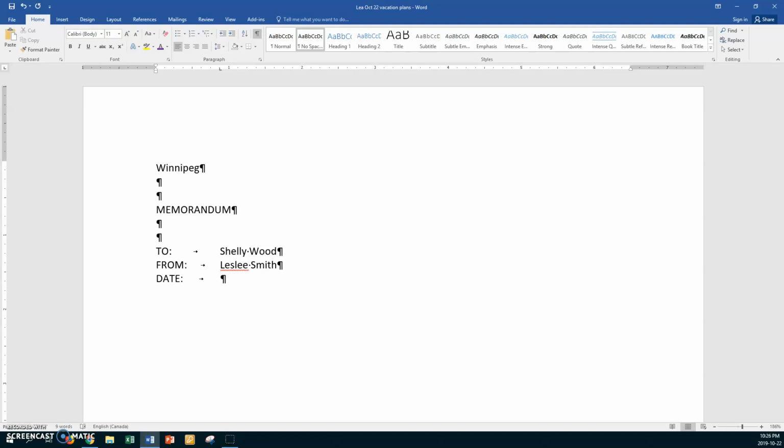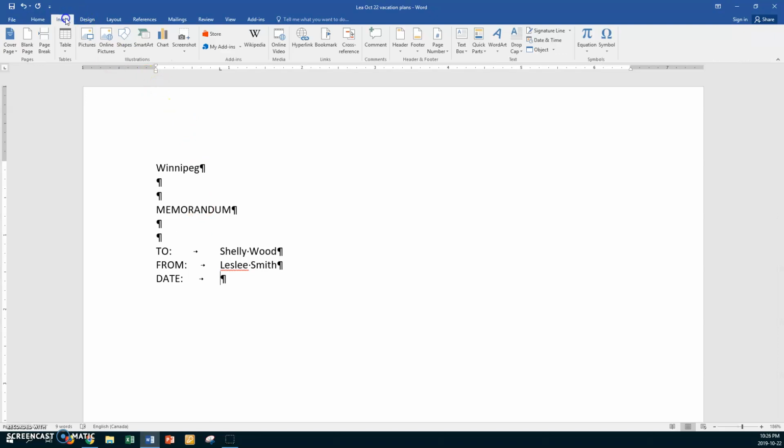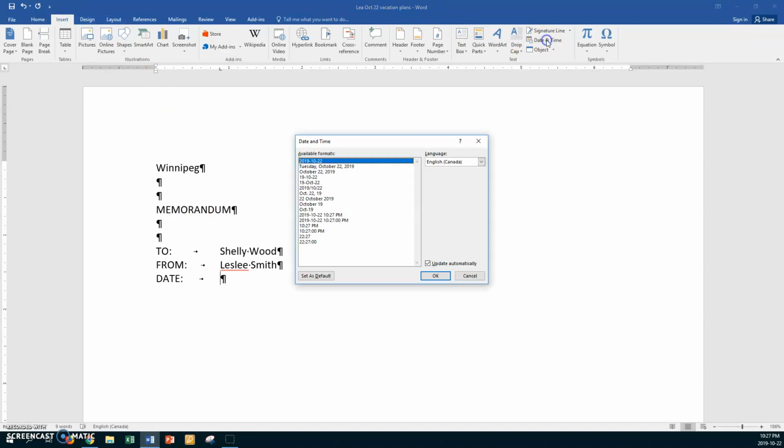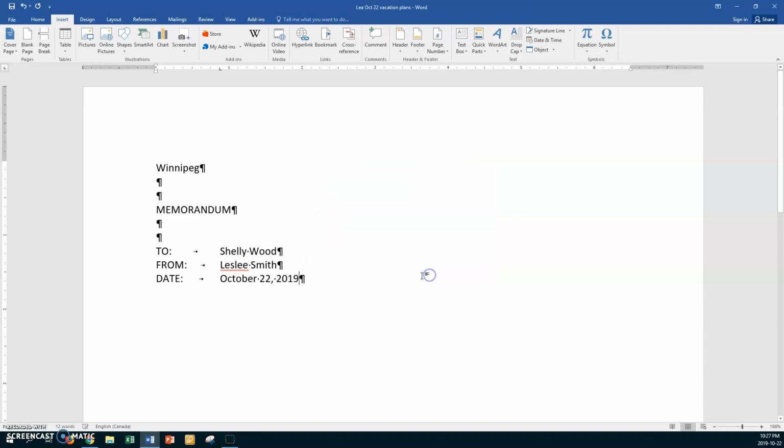And remember, we always insert the date, insert, and date and time, and you want the 3rd date. Now, we don't want it to update automatically, so make sure there's no check mark there. Say OK. All right, press enter, and put your caps lock on,